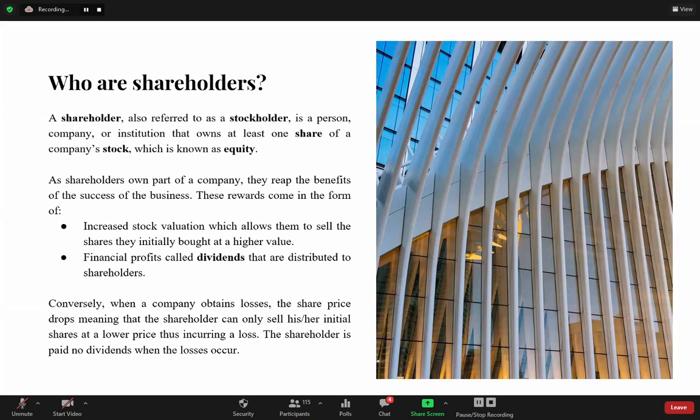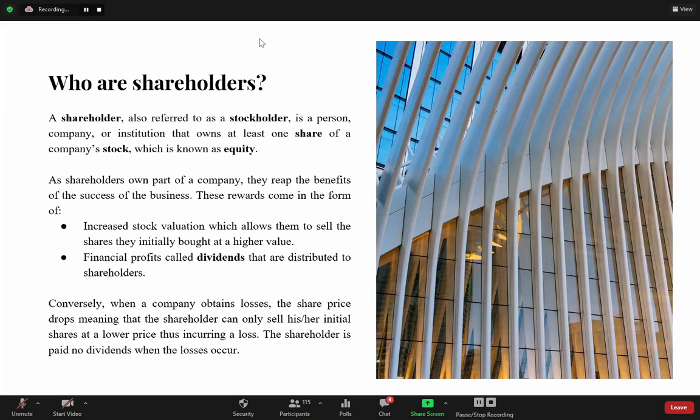A company's stock is the security that represents the ownership of a fraction of the corporation. So as shareholders own a certain part of the company, they reap some benefit from that share, of which these rewards